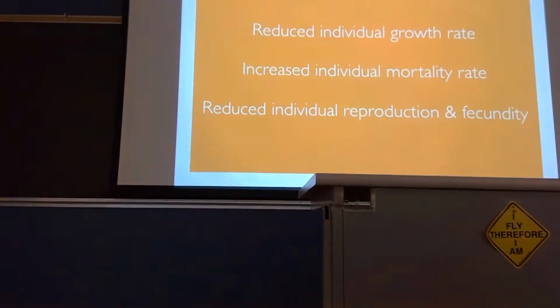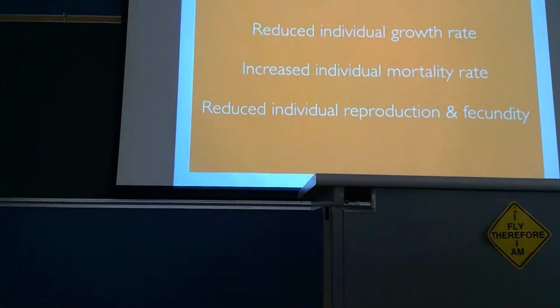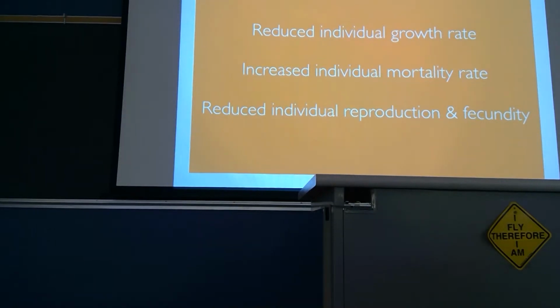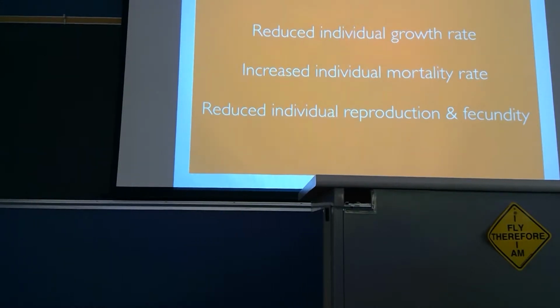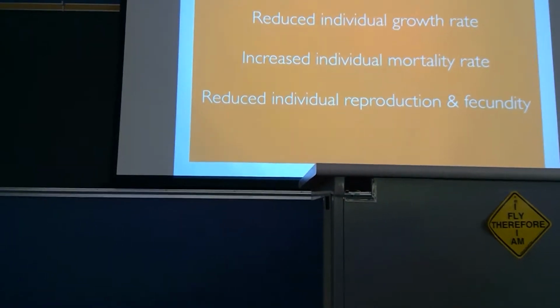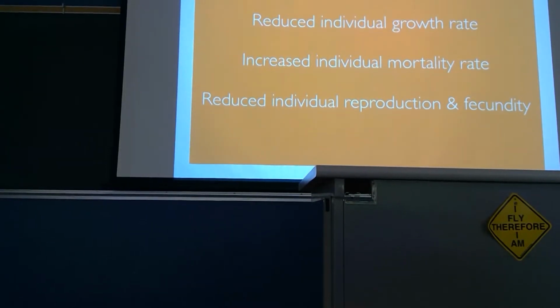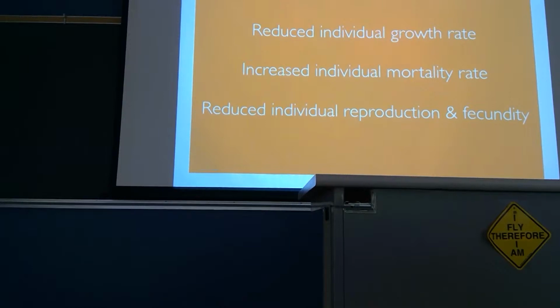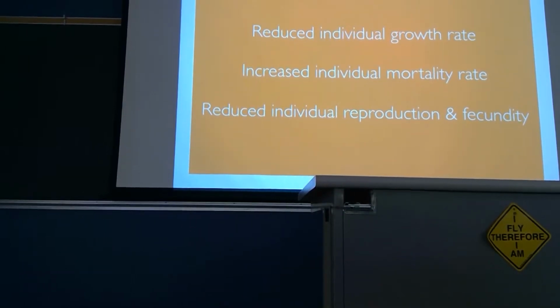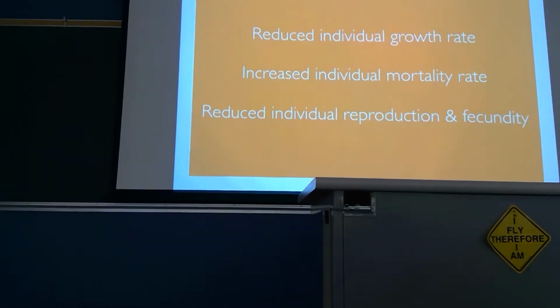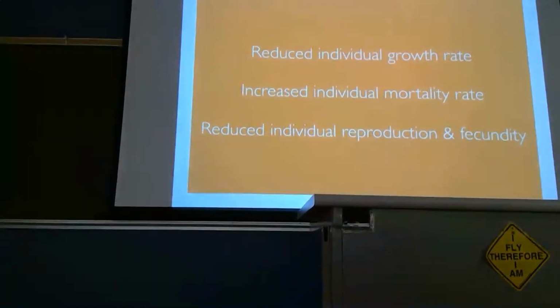Okay, all right. There are 3 basic consequences to organisms from competition. And again, these are directly related to competition with members of your same species. Competition reduces individual growth rates. I'm going to give you a couple examples of each of these on the next set of slides. Competition increases individual mortality rate. It affects your survival.